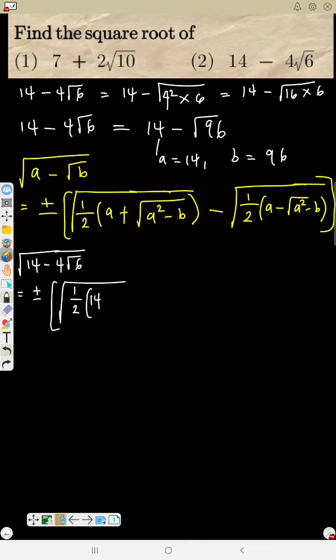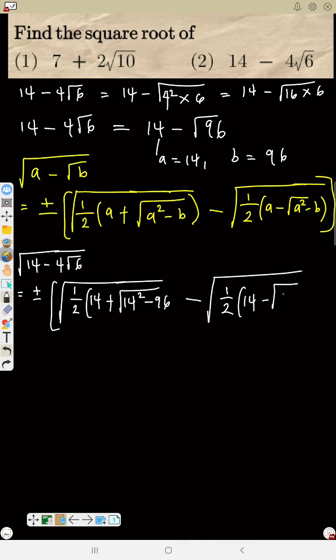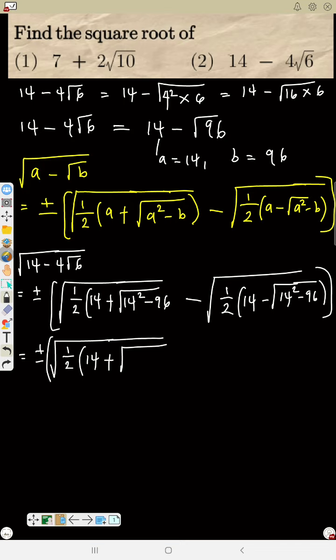So this will be 14 plus square root of 14 square minus 96, that is b is 96, minus square root of half into 14 minus square root of 14 square minus 96. So this is the same thing as plus or minus square root of half into 14 plus square root of,